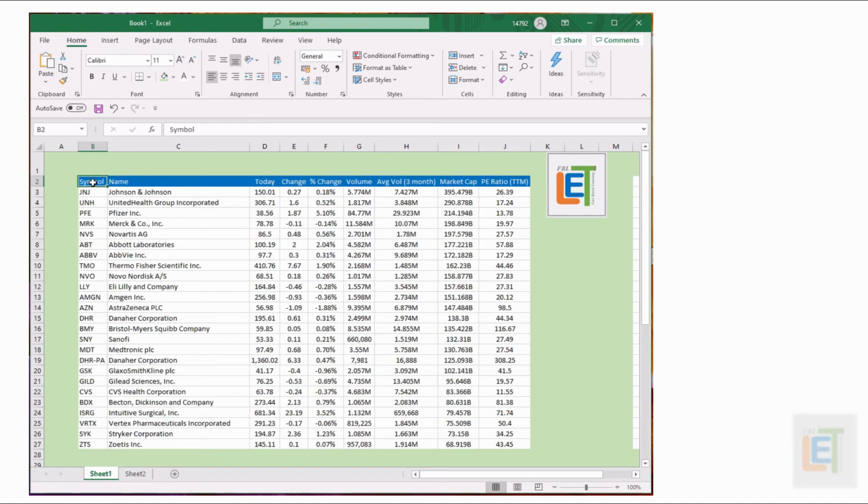I want to select the whole area, or at least the data I have from B2 until B27, because the data, as you can see here, starts from here to here. I want to select all the data in this column. It's the same as the previous action, but instead of Control and down arrow, you need to press Control, Shift and down arrow. So now you can understand the difference.